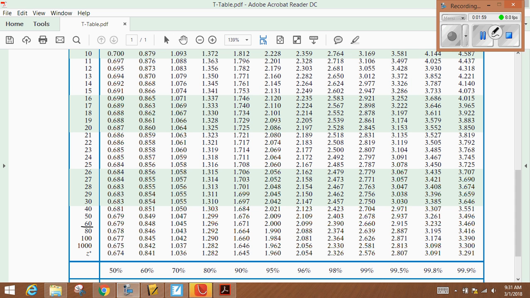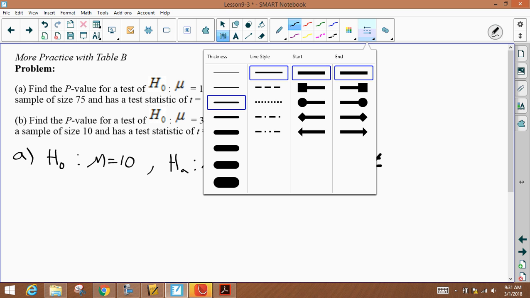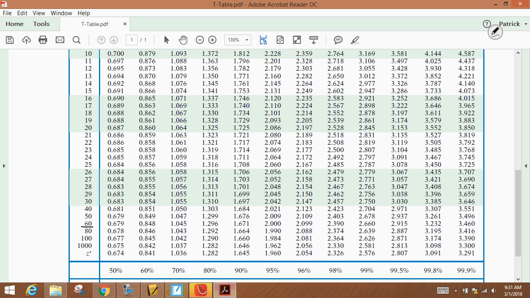All right, guys. So if you're going to use your table, we need to look at what was our T. So we had a test statistic of 2.33, so we're going to go to our table, and we're going to find our value